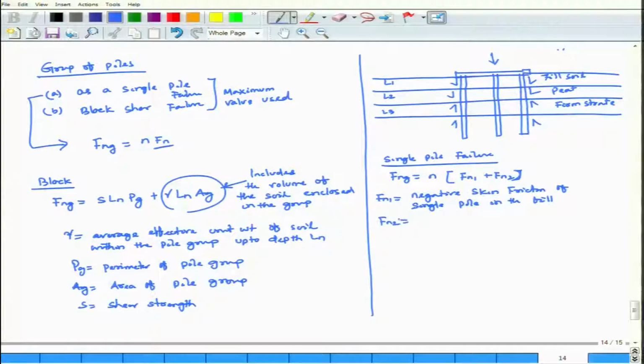F n2 is equal to negative skin friction of single pile in the peat. Similarly, for a group, considering single pile failure, n is equal to number of piles. Then considering as a block,